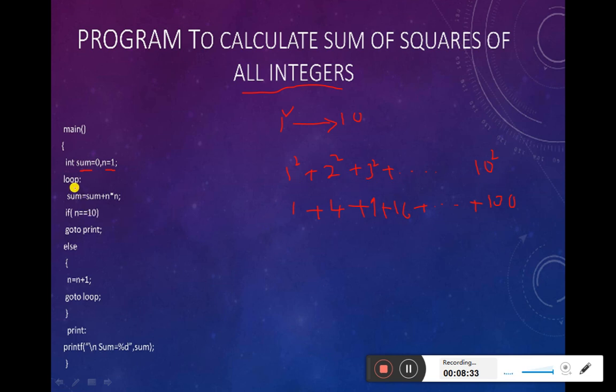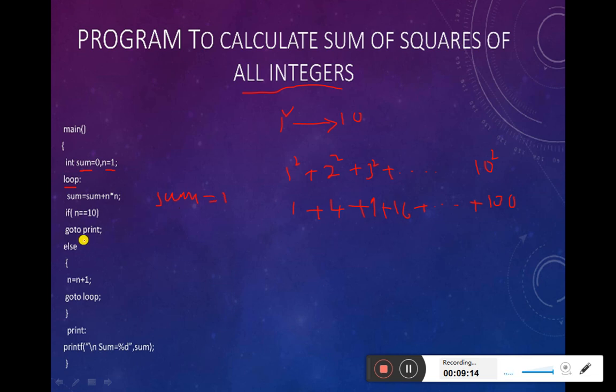Okay. So I'm going to use a backward jump here. So I have attached a label by the name loop followed by a colon. So I compute the square of the first number. I make sum equal to sum plus n square, I say n into n. N square means n into n. What is n initially? I have taken 1. So sum is initially 0. So 0 plus 1 is 1. Now sum becomes 1. So the current value of sum is 1. That is, the first term is